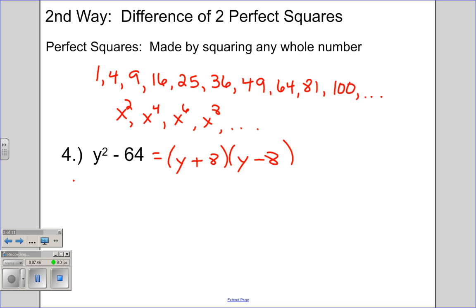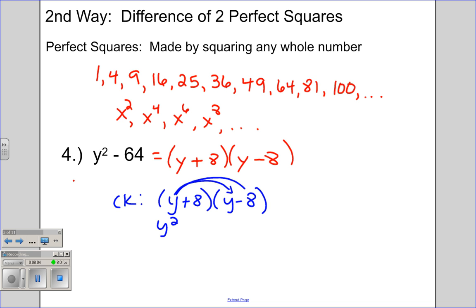Now this works because if we use double distribution to check, let's check this answer just to make sure that it's correct. So we're going to start with our y. Y times y is y squared. Then we're going to take y and multiply it by -8. So you get -8y. Now start with the 8. 8 times y is a positive 8y. And then 8 times -8 is